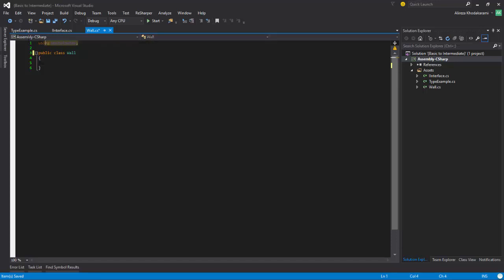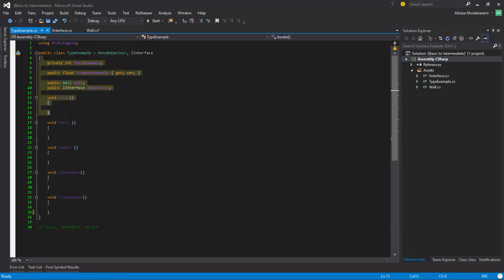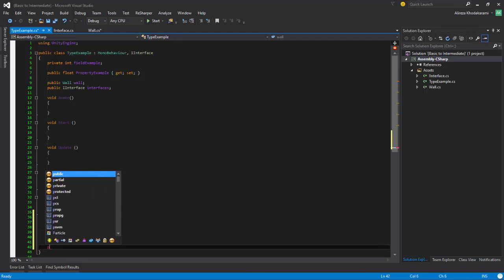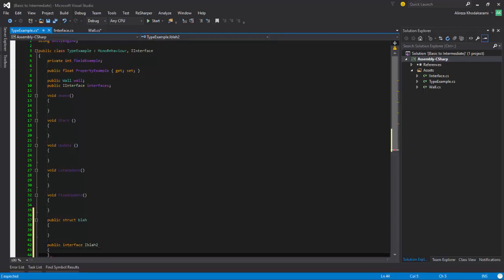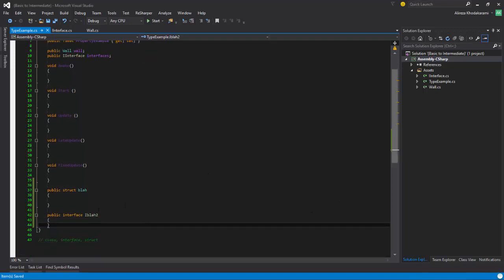So, yeah, that's the type and members definition. By the way, if you have the struct here, for example, if I have public struct blah, and even if I have public interface blah 2, and yeah, interface blah 2, these work, okay? And here I'm defining a type